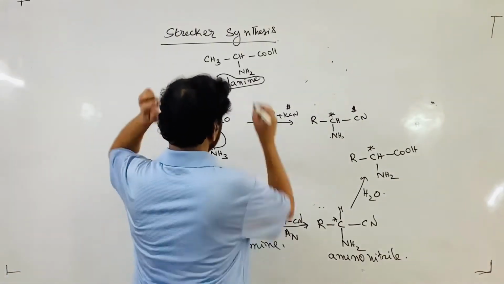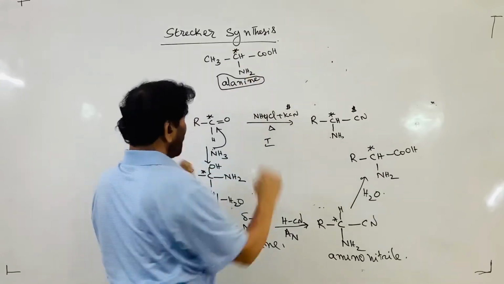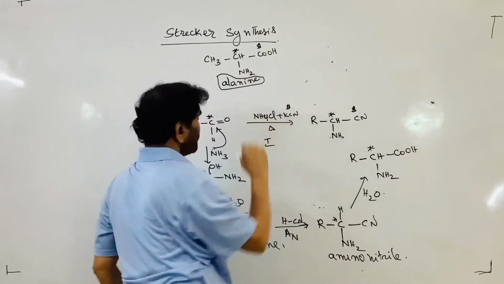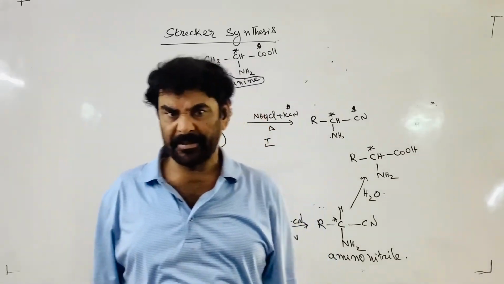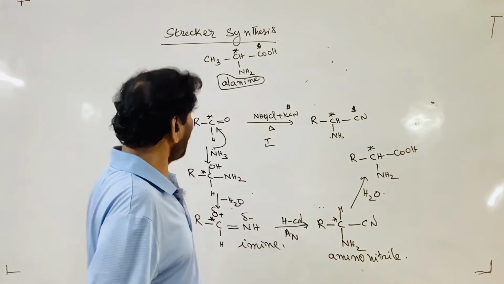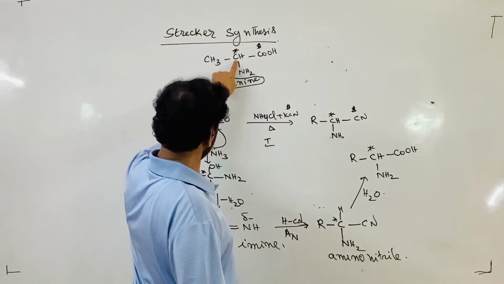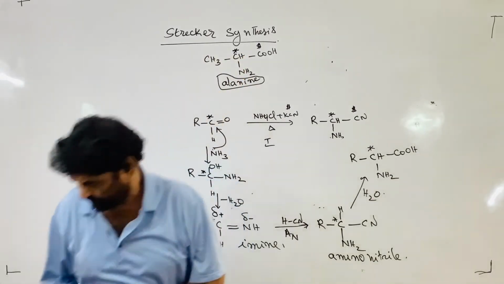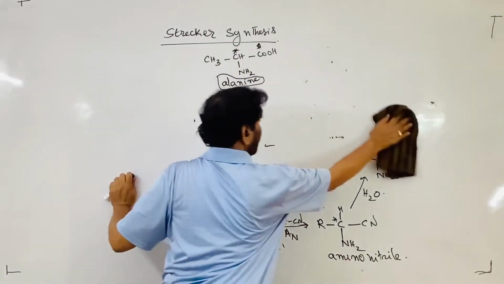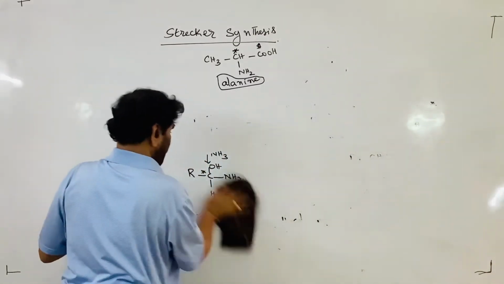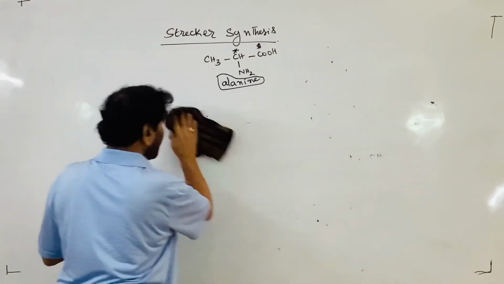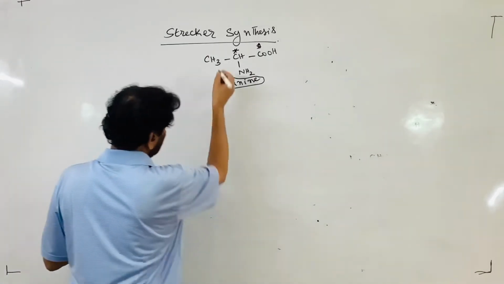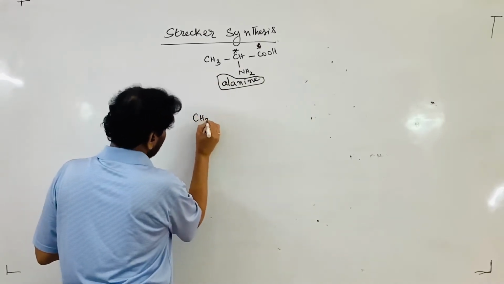How? This is the amine carbon. This is the aldehyde carbon. The COOH group is generated from cyanide. Strecker synthesis. Then now what do I have to take? And this is the aldehyde. This is the side chain. That is, I have to take the acetaldehyde and carry out the reaction. Acetaldehyde should be the starting material for the preparation of the first amino acid, alanine. This is acetaldehyde.